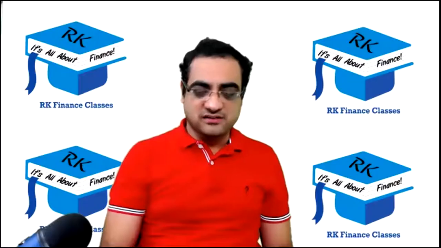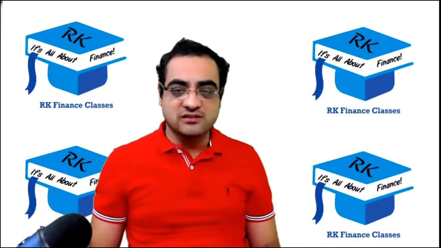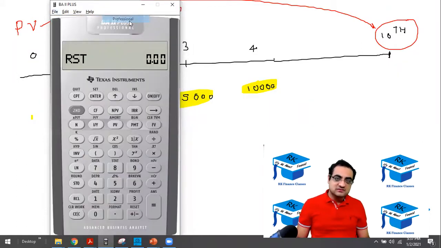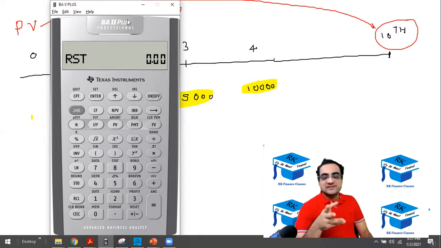Now, some of you might use a professional calculator. You might be using a plastic calculator, which looks like this one. But some of you may prefer another calculator, which looks like this. It doesn't look like this now; in 2017 it was looking like this. Now it comes with a steel body, but the color has changed from silver to something gray. I don't prefer to use this calculator. There are some drawbacks. One is the cost, which is around 1,500 more. There are other drawbacks too, which I'll talk about separately, but I don't prefer to use this calculator.